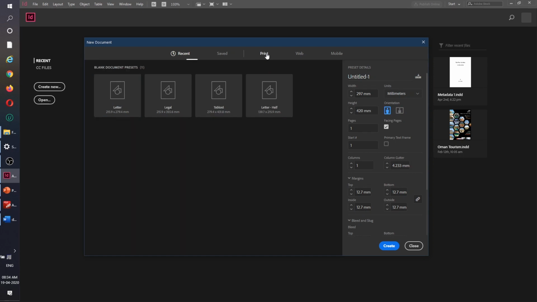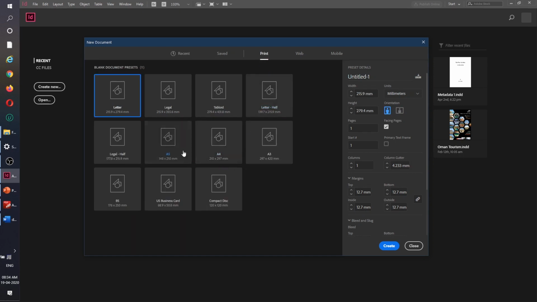Here I will go to Print Options and choose A3 because this is what I want to work with now. And now I will come here and make all the settings. I will note that I am in the portrait orientation. I don't need facing pages. I will require 4 pages. It depends on you how many pages you want to work with. Okay, and I will make sure this is starting at page 1.